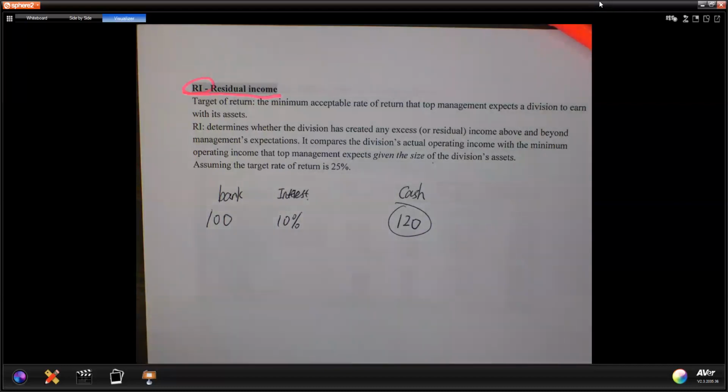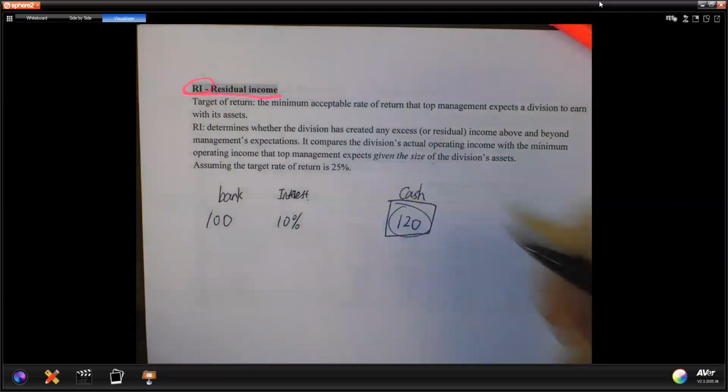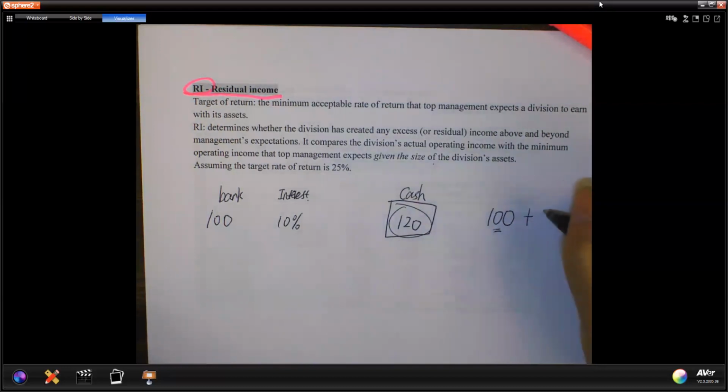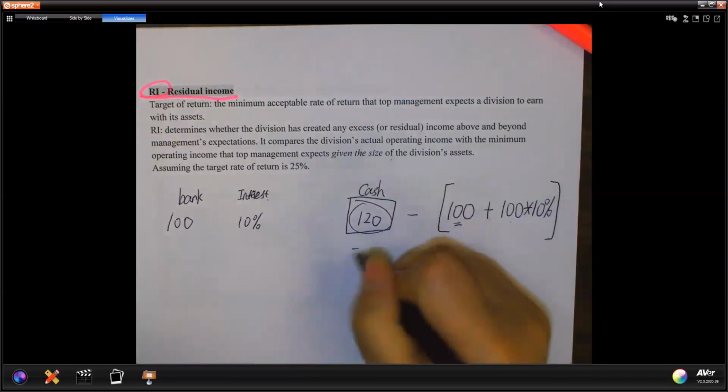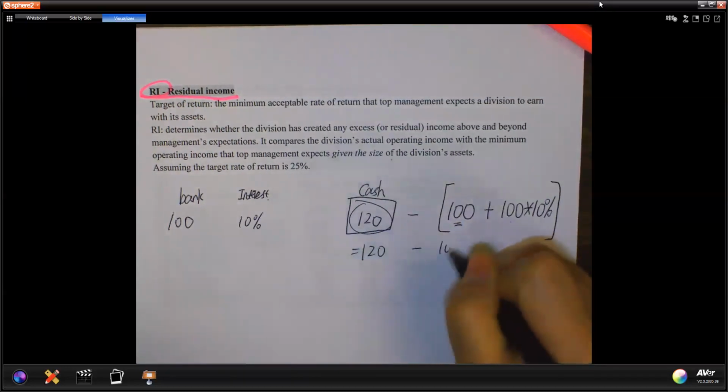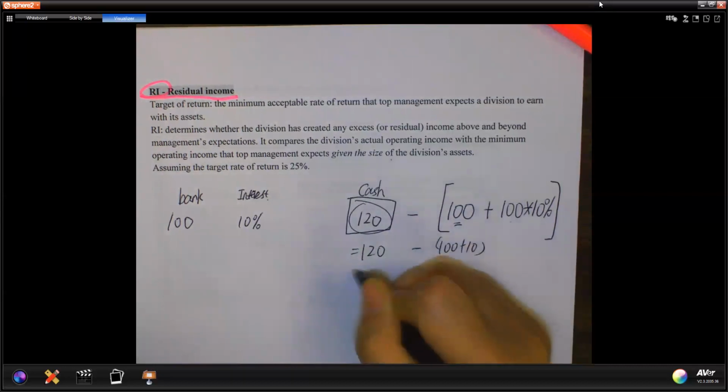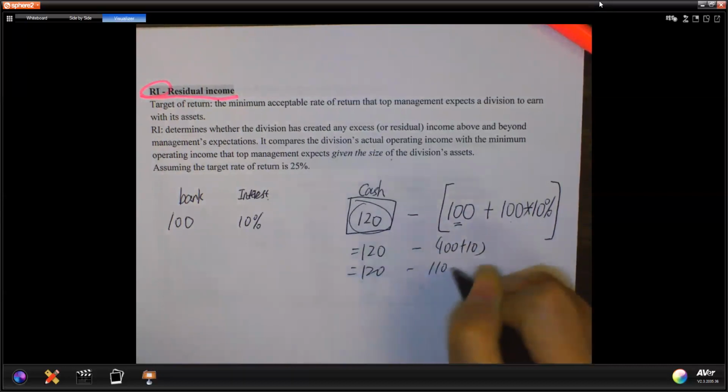Out of this 120, you have to return the bank the principal, and then also the interest, right? Which is $10, your principal times the interest, the return the bank required. So what really belongs to you will be 120 minus 100 plus 10, which is 120 minus 110, which will be